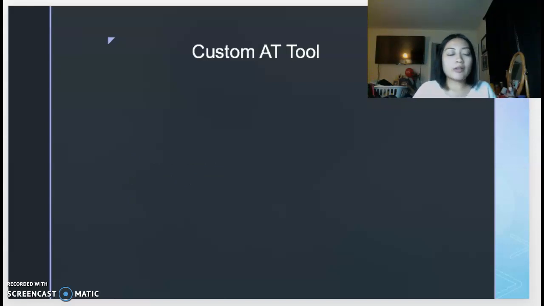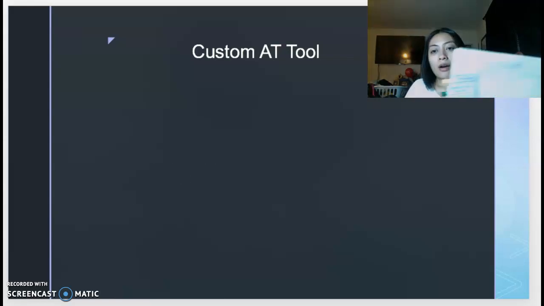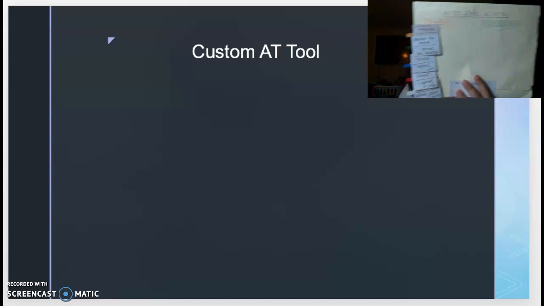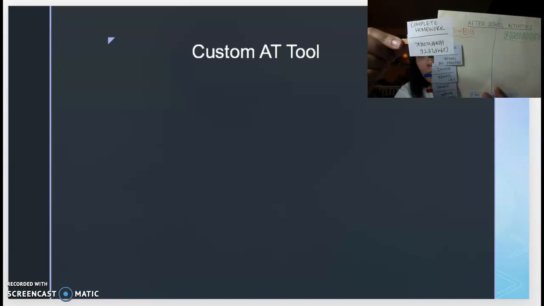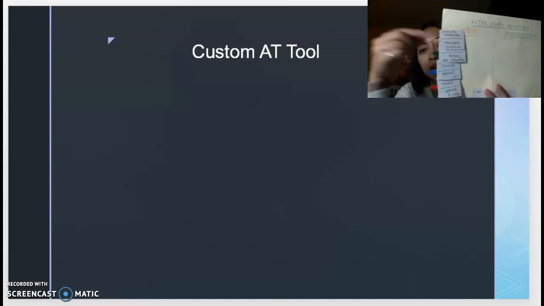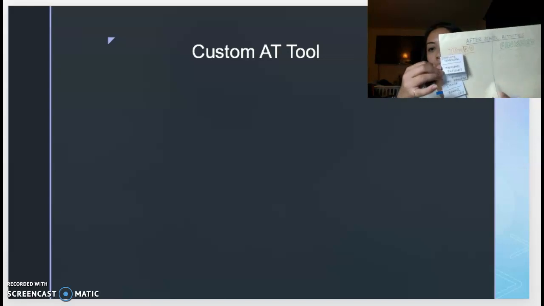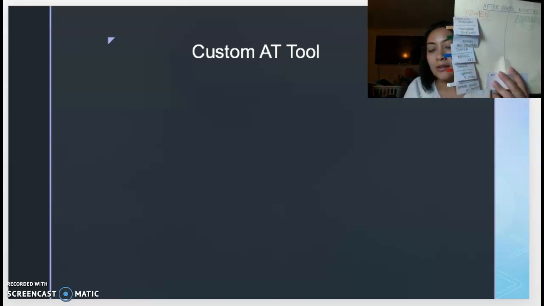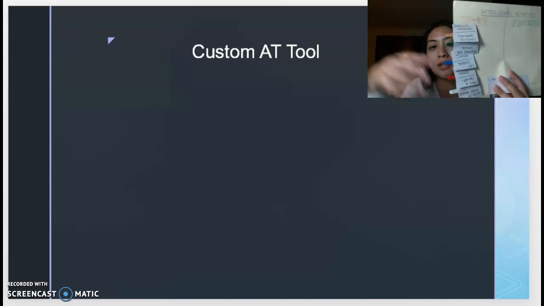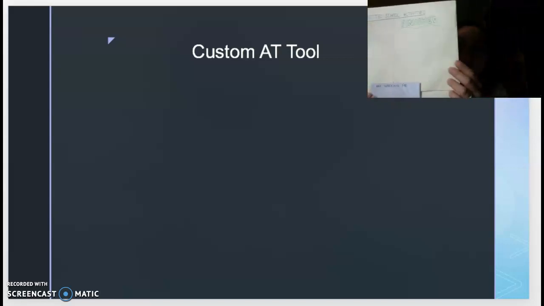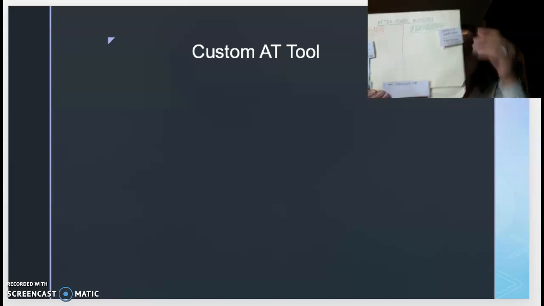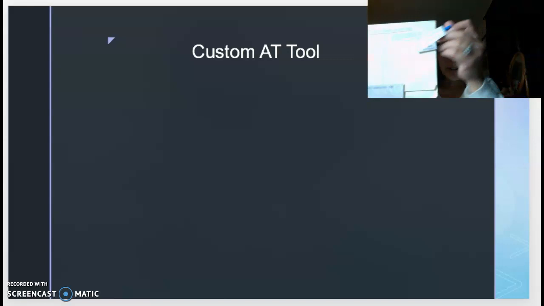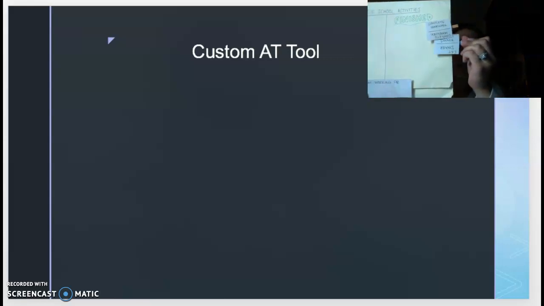So the custom AT tool that I created is an activity schedules board right here. It has pins with the activities listed on them, like complete homework and all these other things. On the left side of the board, it has a to-do list. So when he gets home, all of the activities will be on the left side. Once he completes the activities, he will move the pins to the right side, to the side that says finish. So he'll flip it over and move it here. So let's say he eats dinner, so he'll have to flip it over to this side.